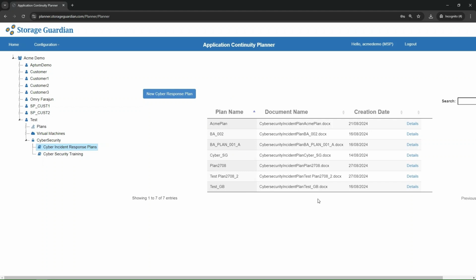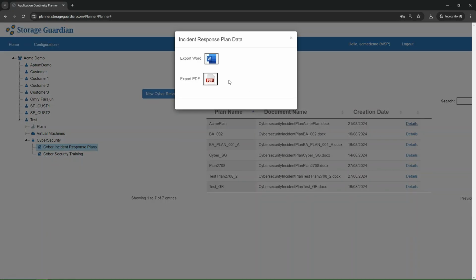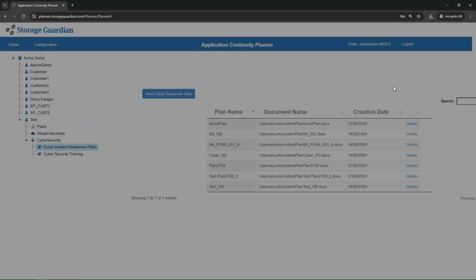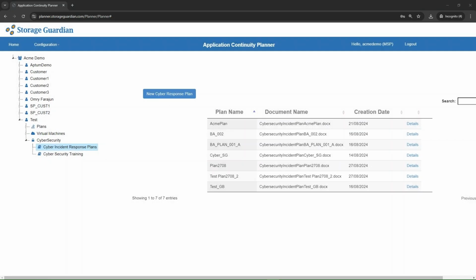Like you see, we have a couple of plans here. And what you'll get from the plans, if you click on details here, is that you'll be able to export to either Word or PDF. The reason we're giving you the option to do Word, again, as we said, is that this is a very good template. It's more than a beginning, but maybe you want to tweak it to your organization's needs, and that's why you want to export it to a Word document. And just to show you how it looks,